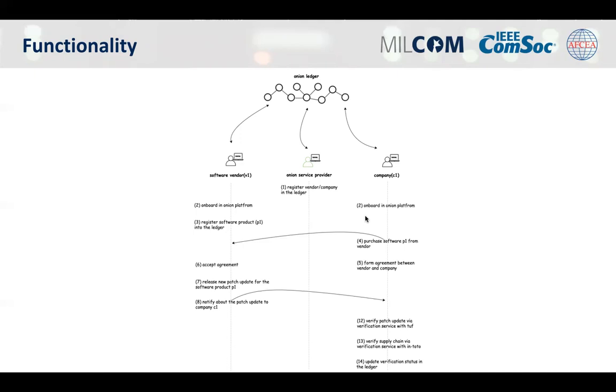Once the agreement is accepted, the product will be officially onboarded to the company. Now the product is onboarded. Assume in some scenario, sometime a new patch update of the software will be released. Based on the agreement terms, the companies who are using this product need to be notified about this patch update and all the verification information. In this case, the vendor generates a notification about the patch update and sends it to all the companies. Then once the notification comes, the system will fetch the patch update and verify it using the TAF framework, and